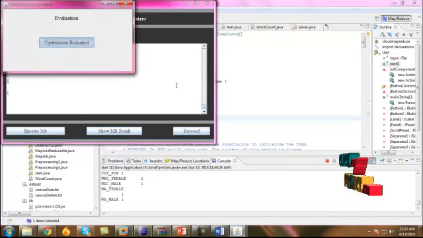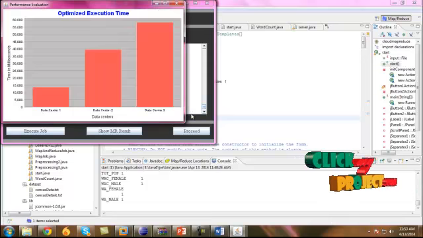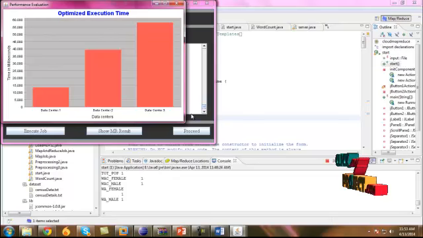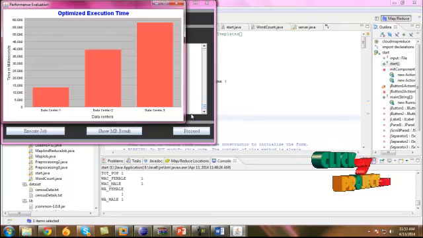Then I move to next. This is the evolutionary graph showing the processing of execution time between the data centers. From this we can see that we achieve less execution time and